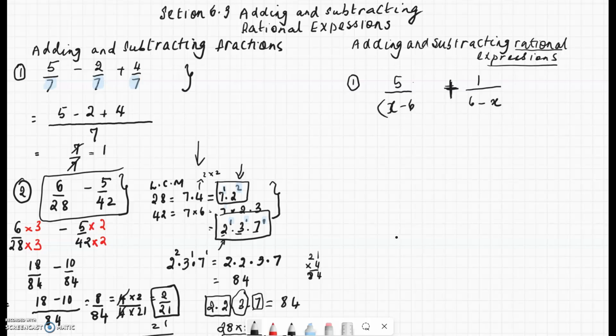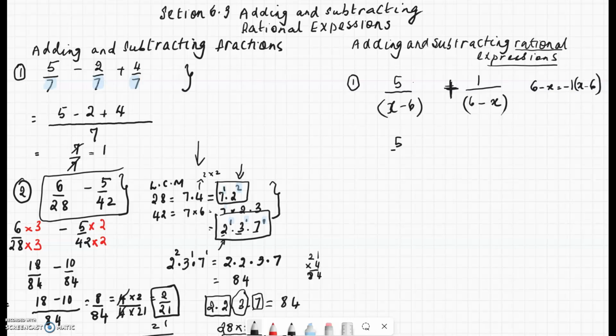Now we have to look at the denominators, x minus 6 and 6 minus x. And we've seen this before. x minus 6 is the opposite sign of 6 minus x. Let me show the relationship between the two. 6 minus x is equal to negative 1 times x minus 6, which means the negative of x minus 6. Because if you distribute the negative sign, you get 6 minus x. So the LCD